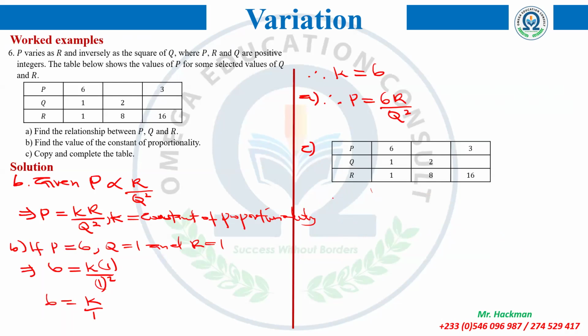Okay, so now we said if Q is equal to 2 and R is equal to 8, this implies that your P should be equal to 6 into R, which is 8, then over 2 squared. So that's where we were. We'll get P to be equal to, remember, we'll deal with the power first, but let's multiply this and see. Whilst we are working on the denominator, we can work on the numerator as well. So this will give us